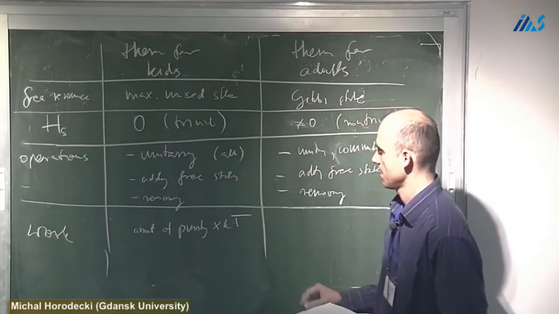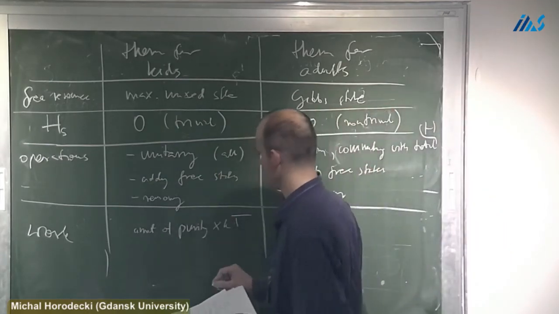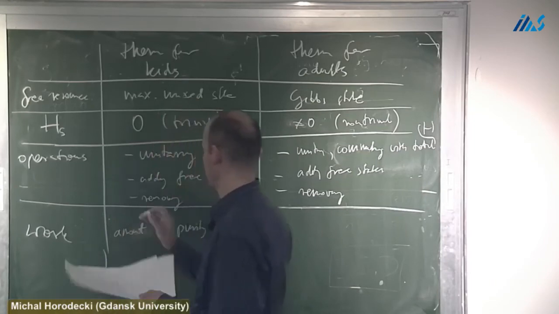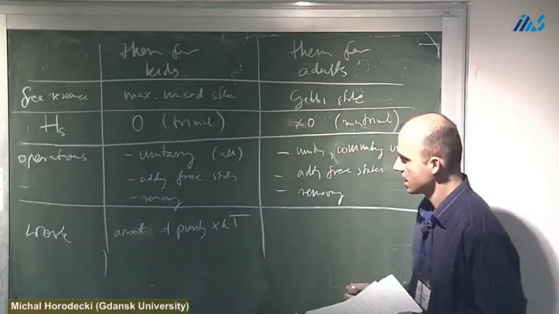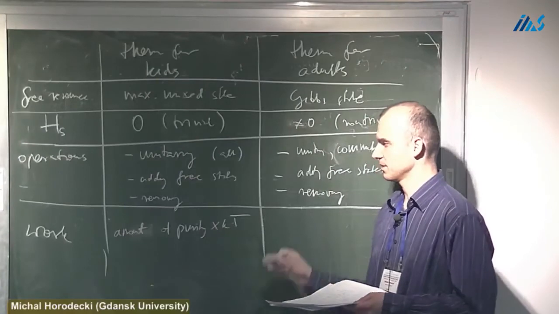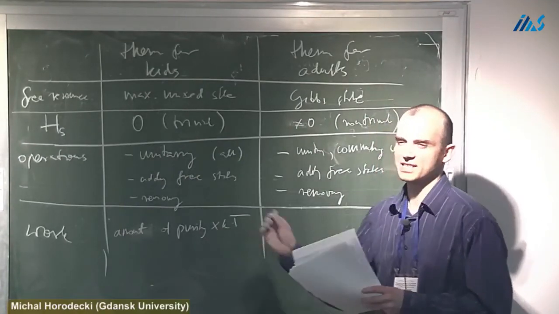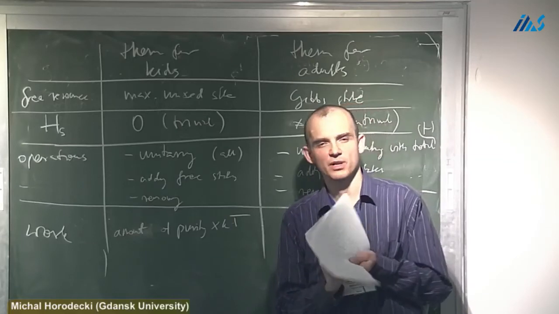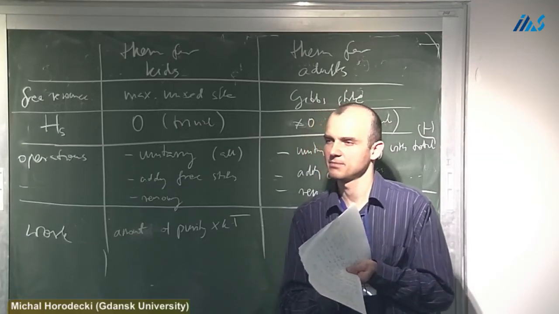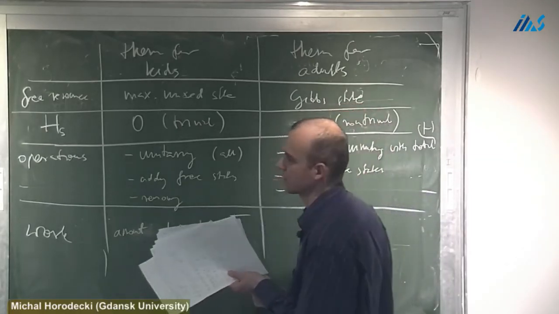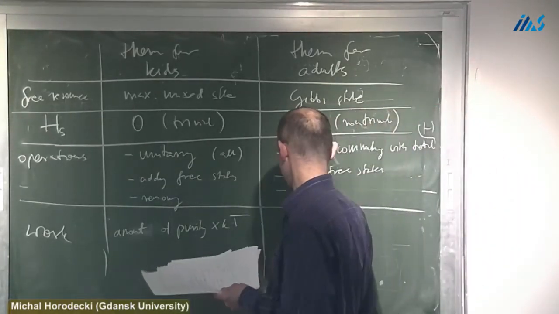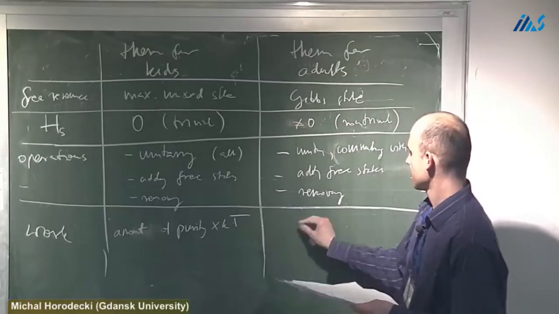Yes, amount of purity. That's the number of pure bits. Here I say bits, but one can imagine some smaller amount of work by having something more sophisticated. Maybe I will say it later. So it is this, and here work is...